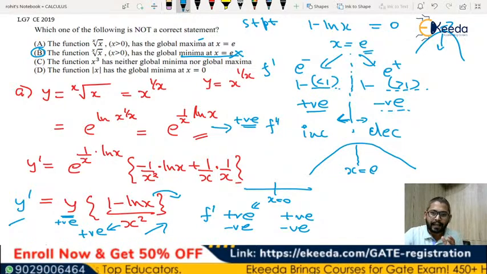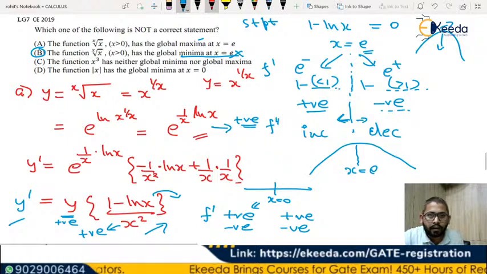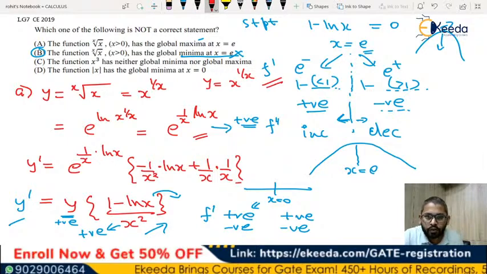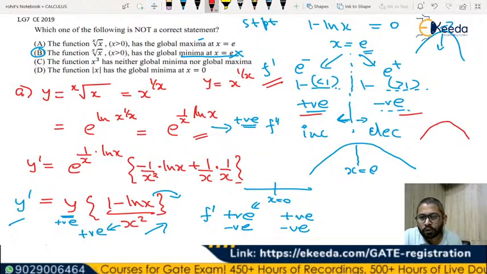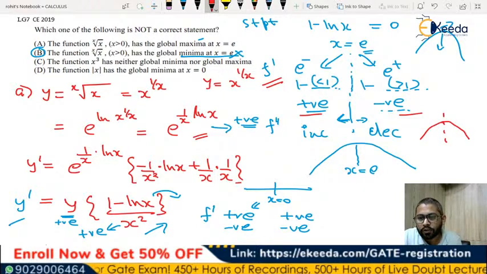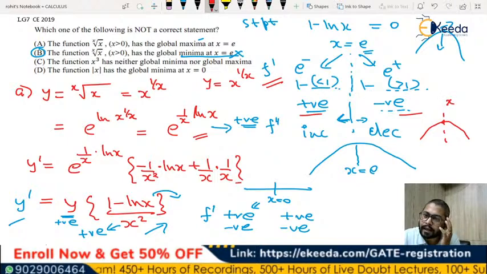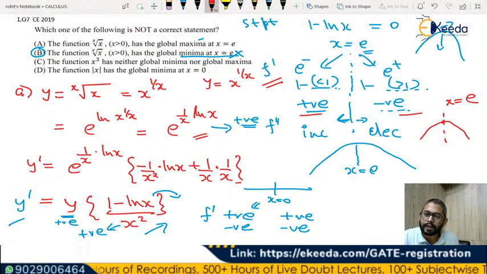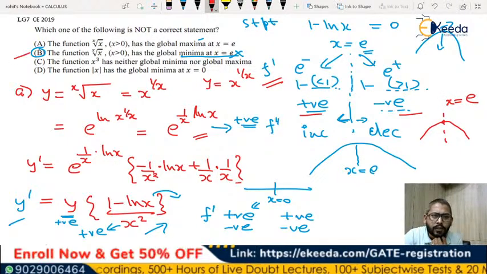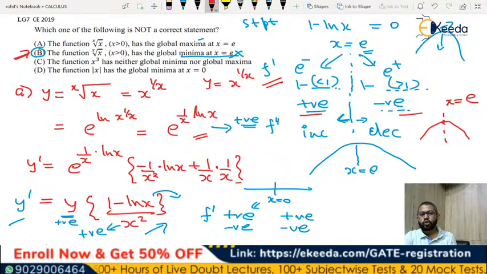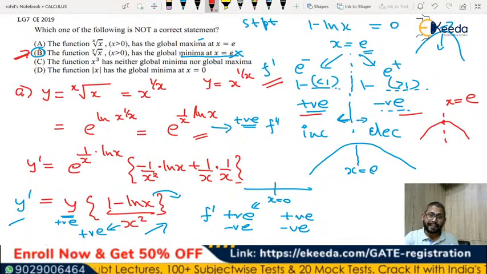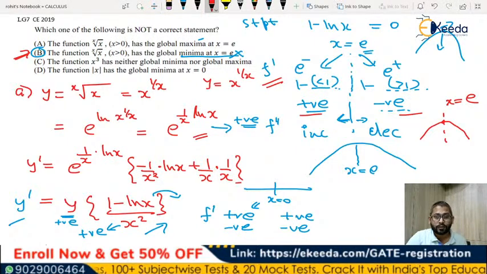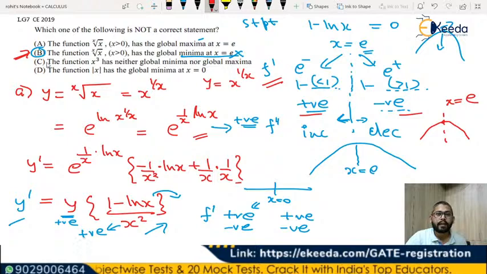Instead of that, if we can check the first derivative values' nature as being positive or negative, then we can see that the graph is going to be like this, and this will tell you that the function is going to be maxima at x equal to e. So if it is going to be maxima at x equal to e, option B is the option which will be wrong. So you may not check C and D options now, but if you still want to check C and D options, then also it is not a problem. What we can do is,